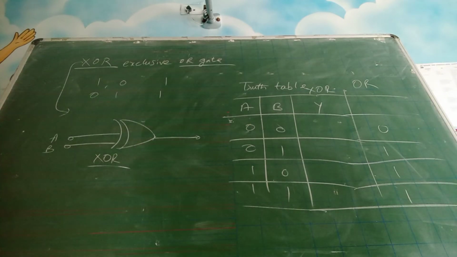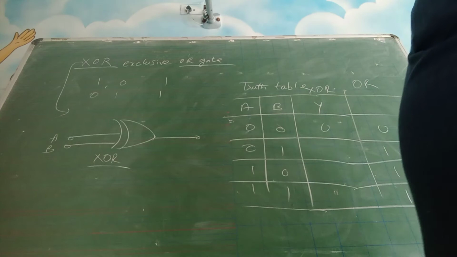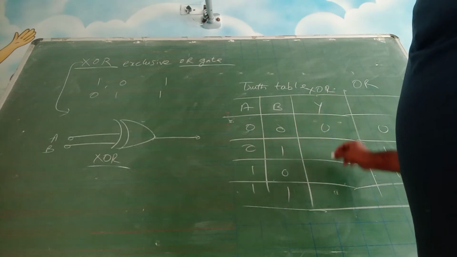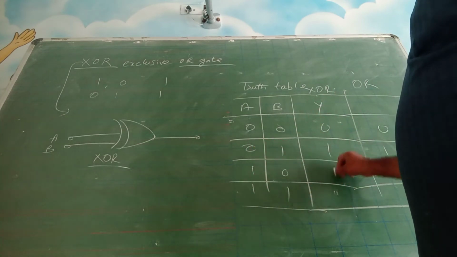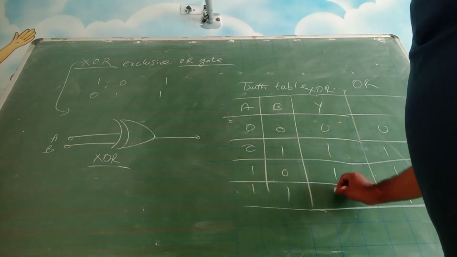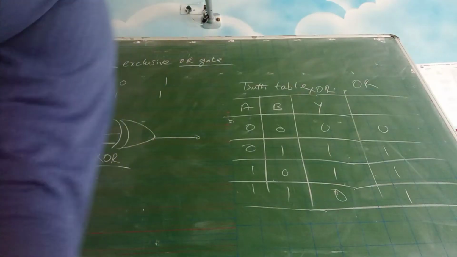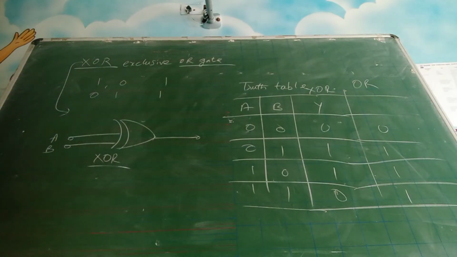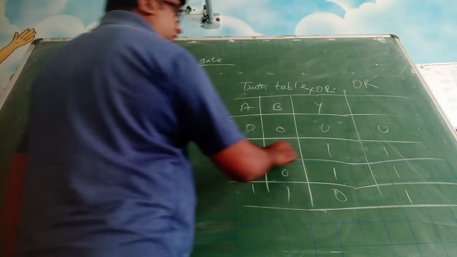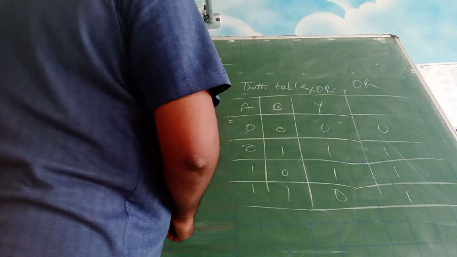But when it comes to XOR gate, both are low, you get 0 only. One of them is high, it will return 1. One of them is high, it will return 1. Both of them are high, it will return 0. Okay. So the meaning of XOR gate is to get a high output, one of them has to be high. Okay. And it is compulsory. XOR gate means only one of them should be high. Okay. OR gate means any one of them can be high. You see here 0 1, it gave 1 as the output. Okay.